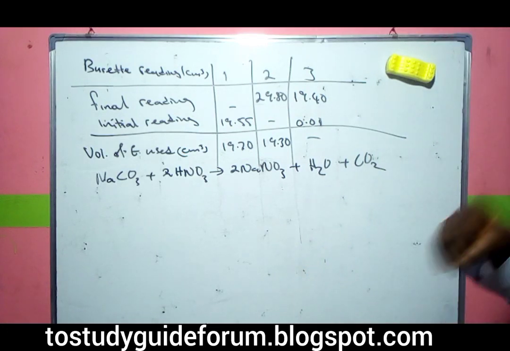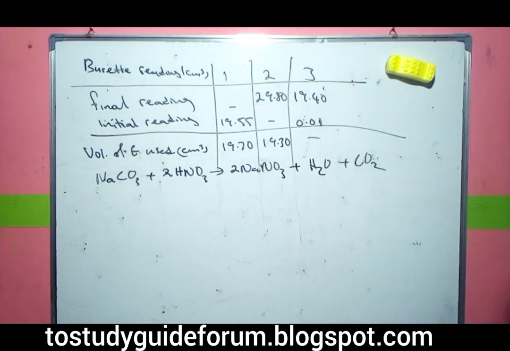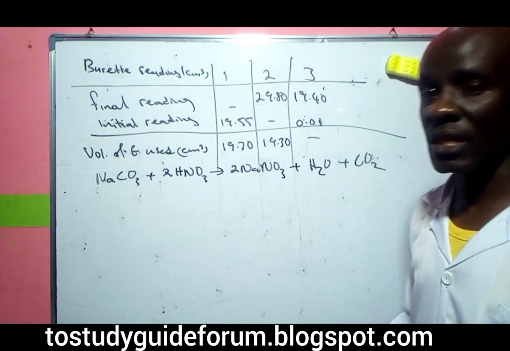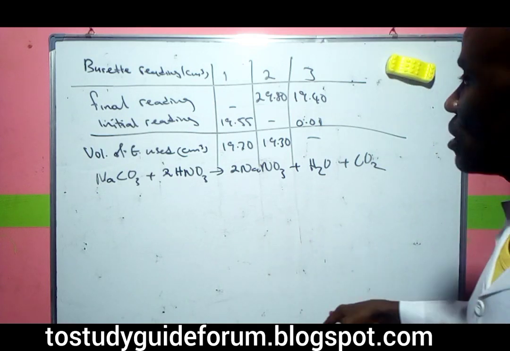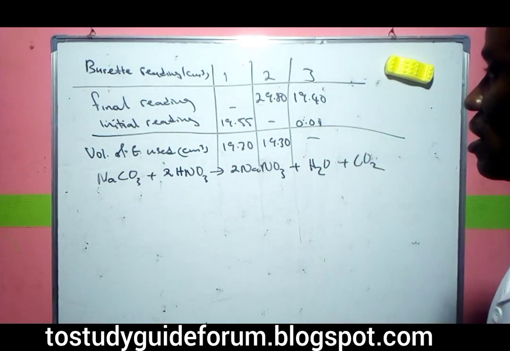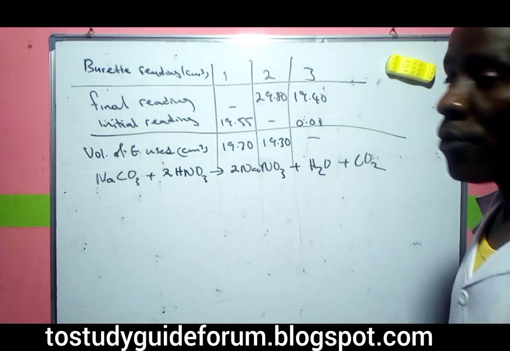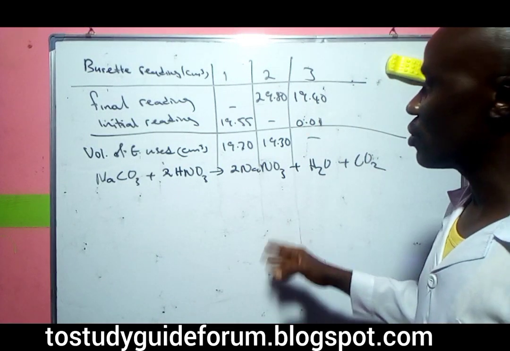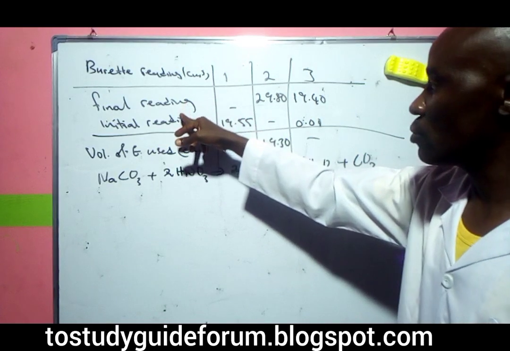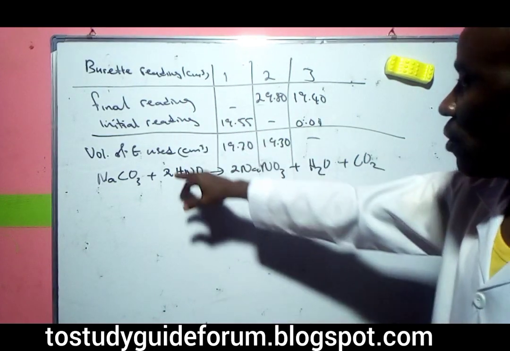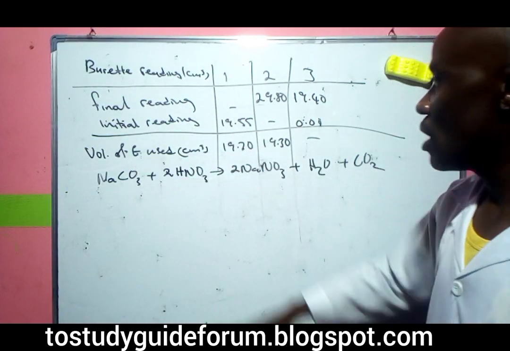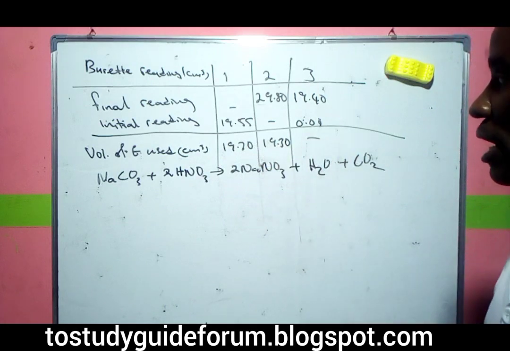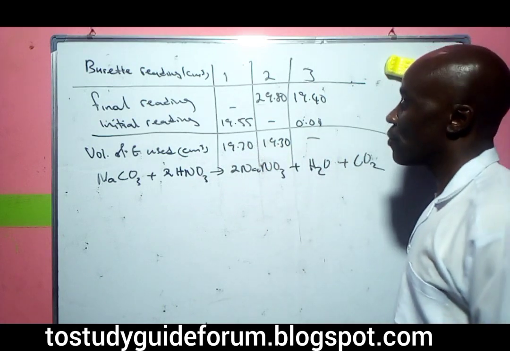So here we have the table of what we are given. Just like every other alternative to practical, they will give you an incomplete table and ask you to complete it. Here we have a table. Now what they are trying to assess is your ability to find the volume of E used and how to do the calculation involved. So here, if you look at this very well,